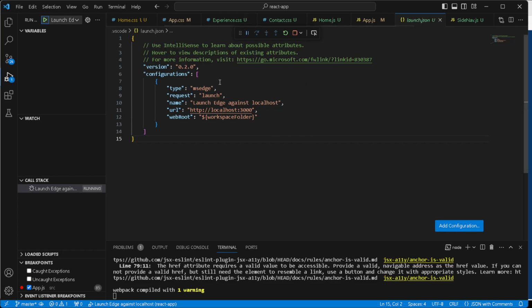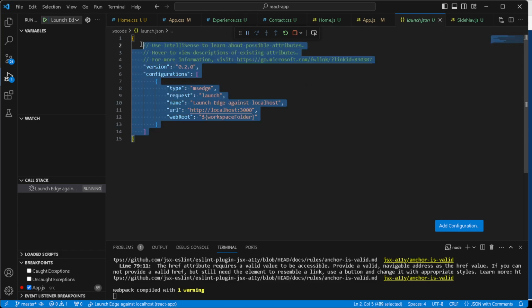And you can see here, this is a sample code of the launch.json file. Once you click create launch.json file, Visual Studio will create the basic launch.json file with a basic